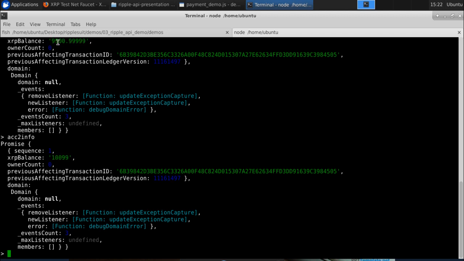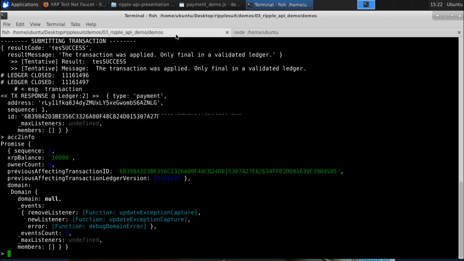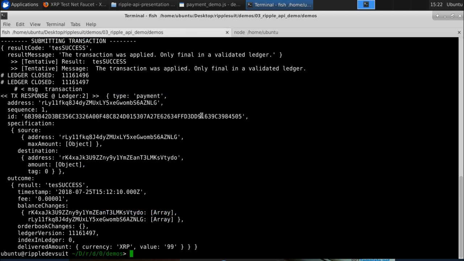But in addition to 99 XRP there was some more decrease in the balance, and that is associated with the transaction fees. And then we looked at the transaction ID. They match for both account infos for the last transaction ID, and the same matched with the demo output where we looked at the transaction ID where we found the success.